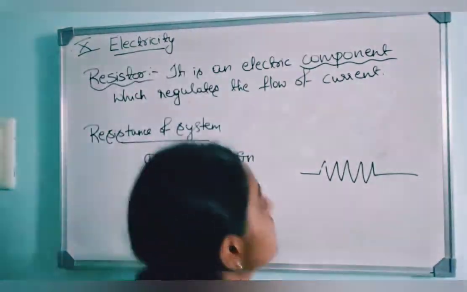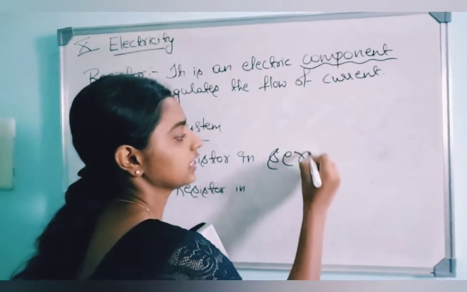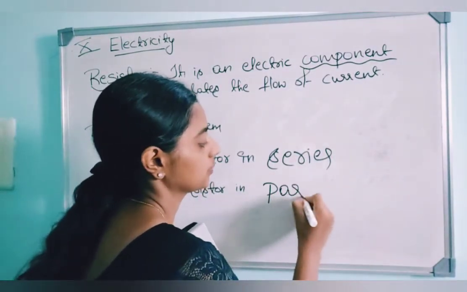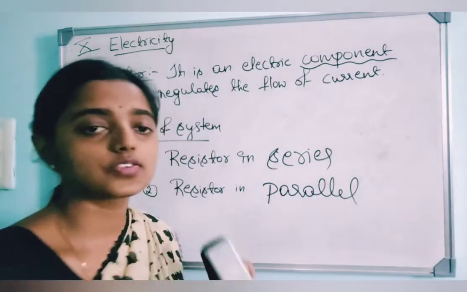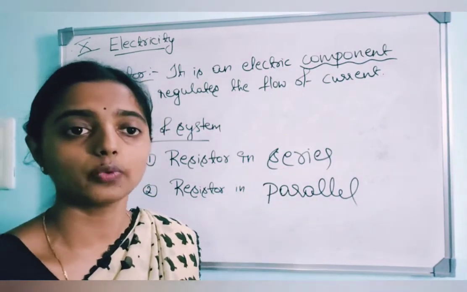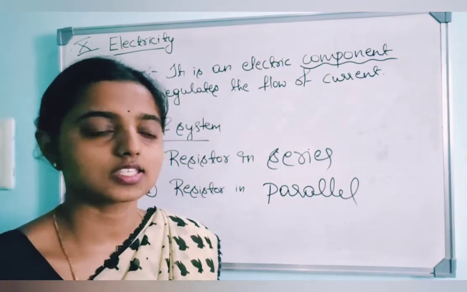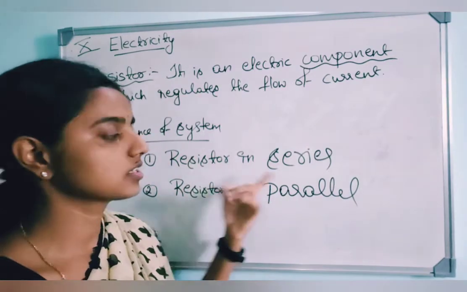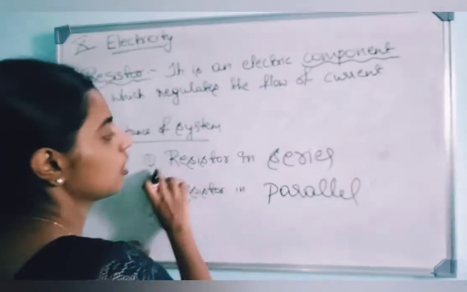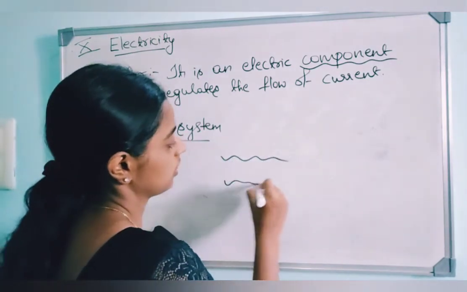The first one is resistors connected in series, and the second one is resistors connected in parallel. Understood? These resistors will be connected in two different forms called series and parallel. Now we need to study each individually, series and parallel. First of all, let us understand how to connect resistors in series and how to connect those resistor wires in parallel. Clear? Now let me take any three wires. These are nothing but resistors. Just a rough diagram.